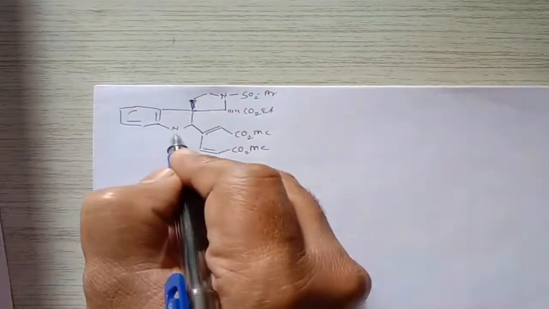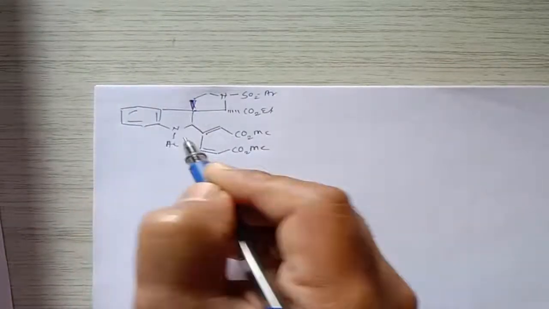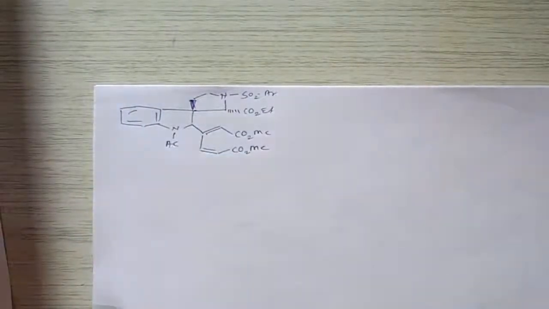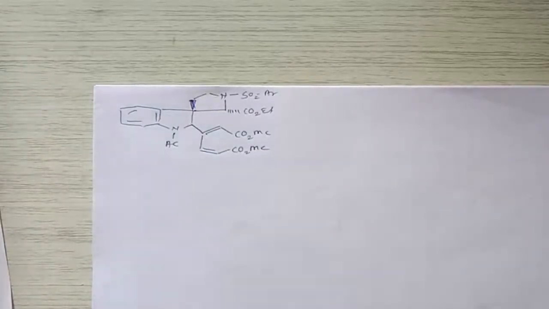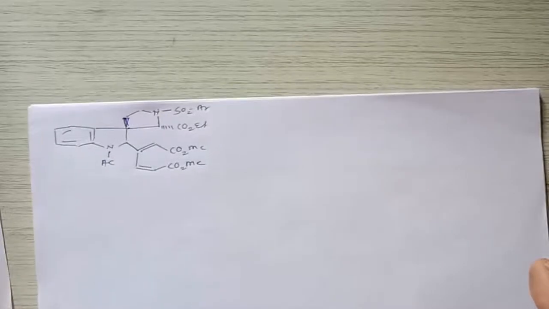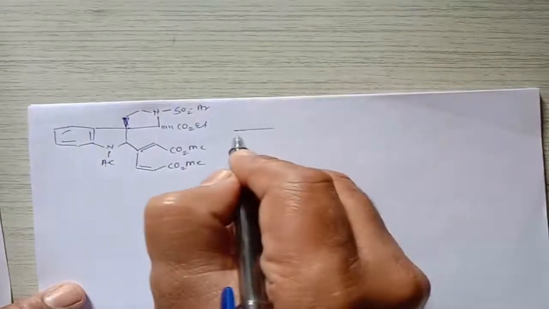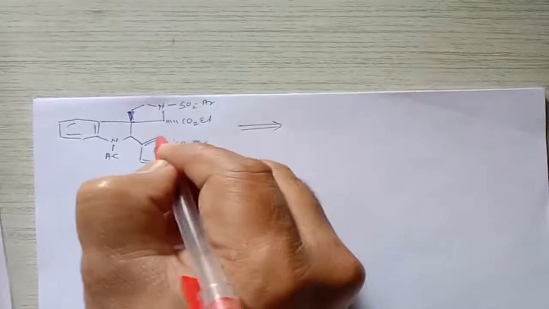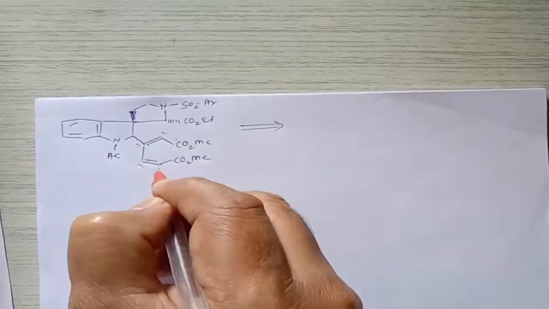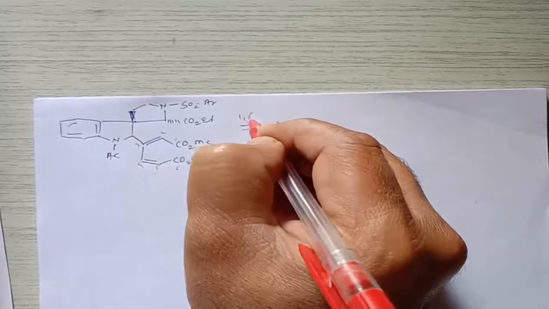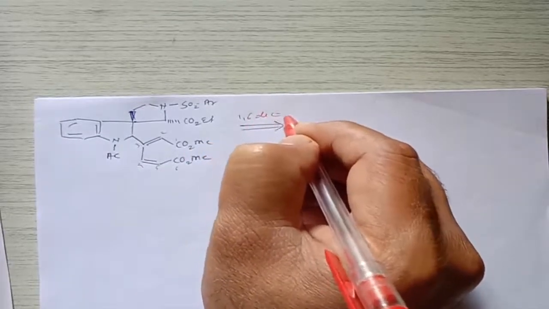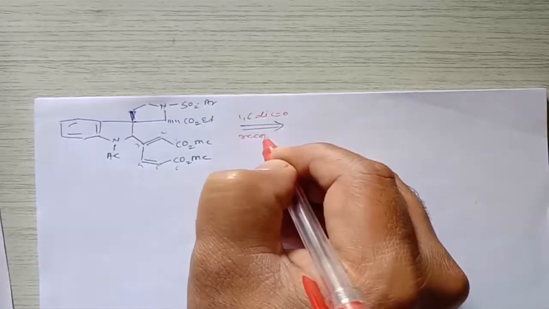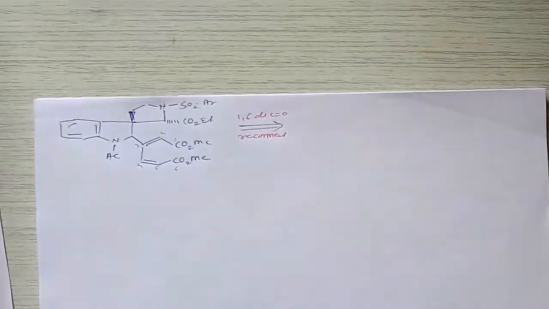And as well as we are introducing the acetate function group here, so that it can be protected, and we get a molecule like this. Then in the next step, we can see it is a 1, 2, 3, 4, 5, 6. That is a 1,6-dicarbonyl pattern, and therefore we can reconnect these molecules, right?